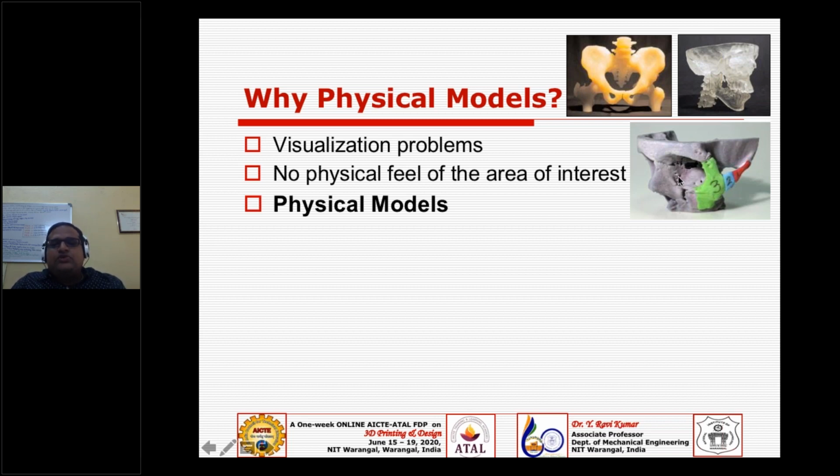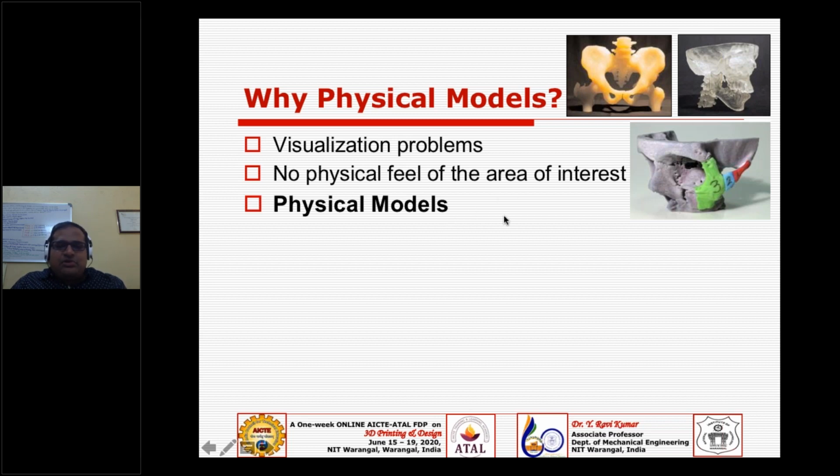So definitely you have a physical model like this. Let it be this kind of thing, or it can be a hip, or a pelvis joint or hip joint, or it can be anything. Maybe it may be a spine, or a skull, or a mandible, whatnot.